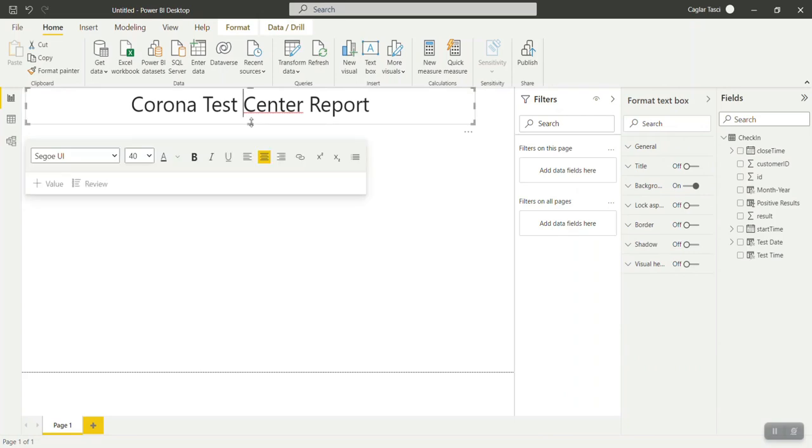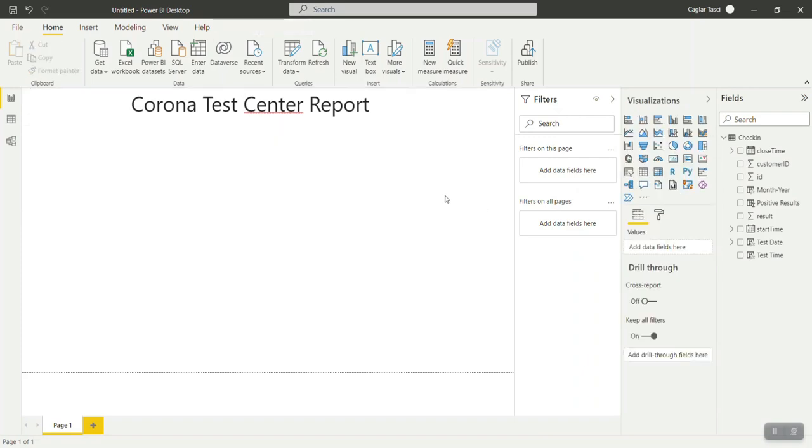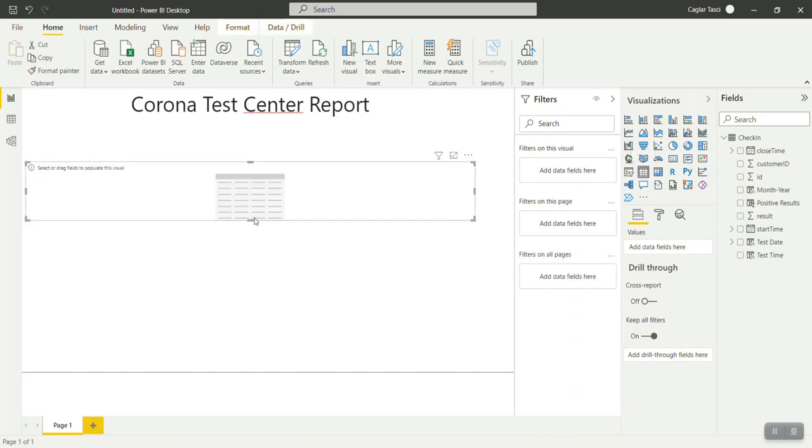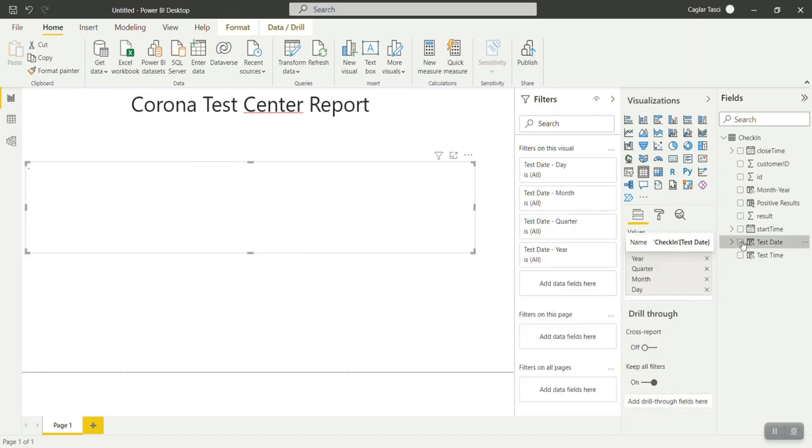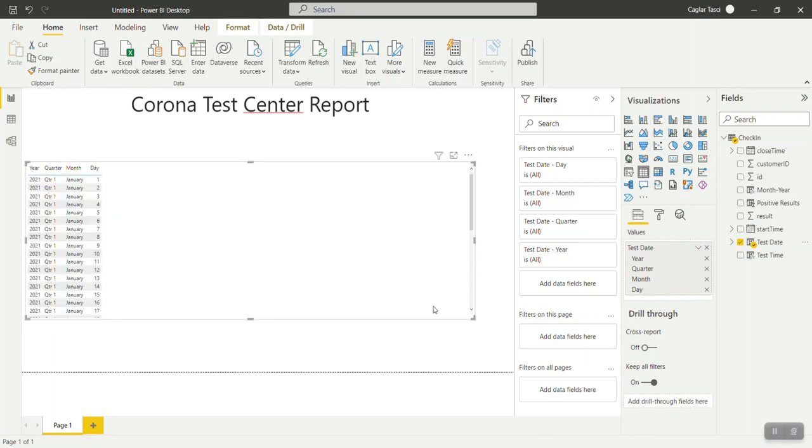I will first start with the table, and I will choose the test date. You can see that it has given me 4 columns once I chose test date, which are year, quarter, month and day. Power BI automatically creates hierarchies for all the date columns, but in this case we don't need the hierarchy.